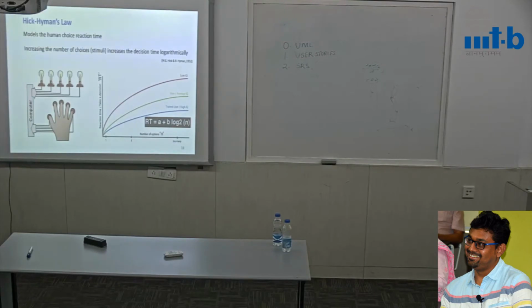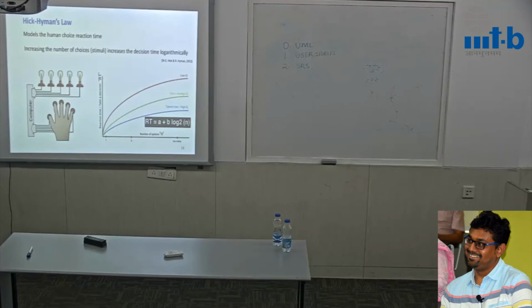So that's Hick's law. What it says is, of course, by our experience, we know given more number of choices, it would take us more time. What additionally Hick and Hyman have done is they have done a lot of experiments in this kind of setup. They have electronic circuits wherein they ask their participants, their subjects, to one by one increase the number of stimuli and see how much time they would take to light a particular bulb.